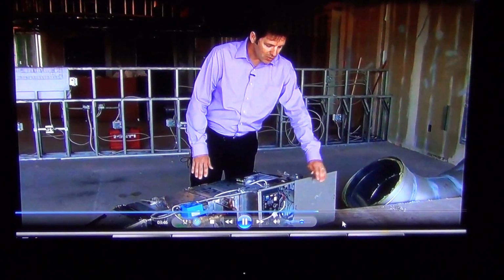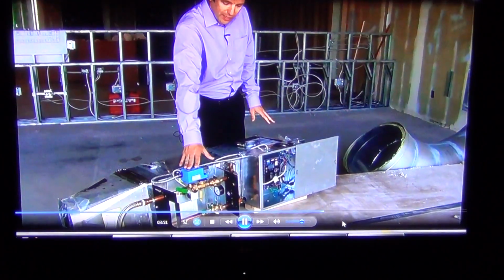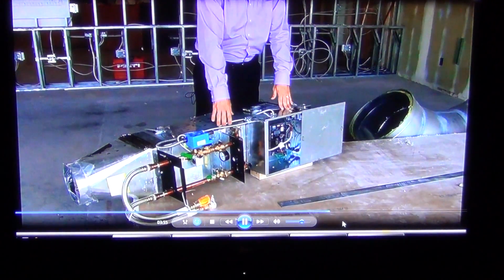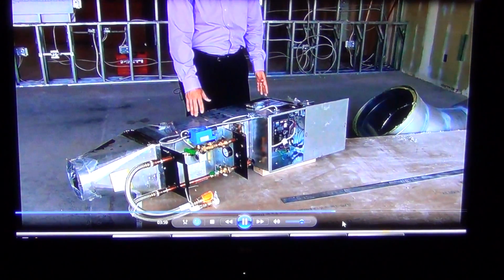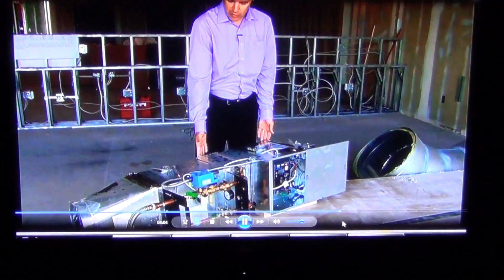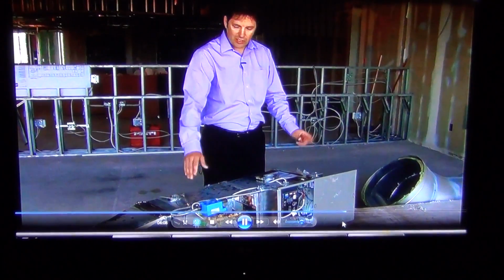One of the advantages of this unit is that the control box, as well as the control valve and other isolation valves, are all mounted on the same side on the unit. Most of these get hung in corridors where accessibility is an issue. By being able to mount this one box in the corridor against the wall, you only need one side of